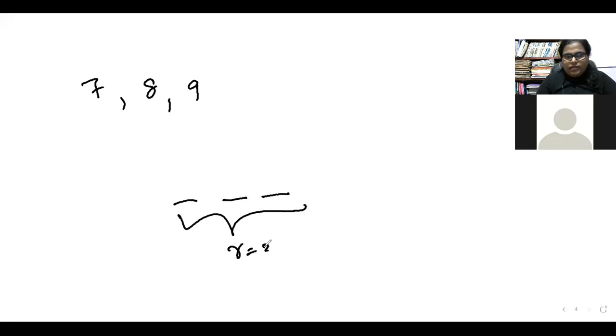In the question they are asking, by using the numbers 7, 8 and 9, how many 3-digit numbers can be formed, right? And here you know that our r is 3, as well as our n is 3. You know that it is a permutation. In these types of questions you have to decide